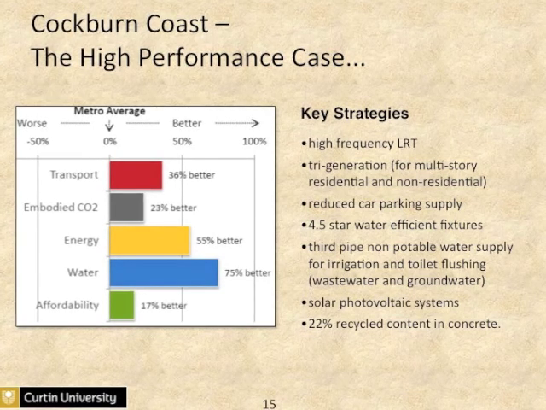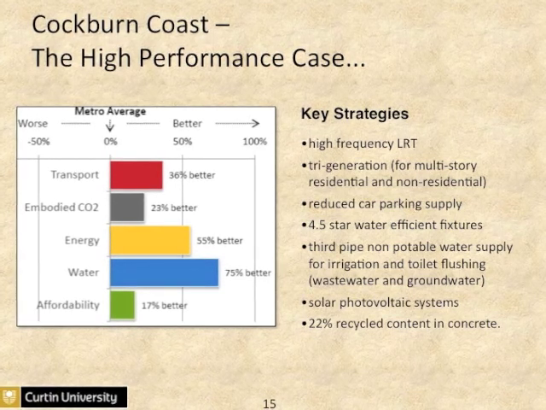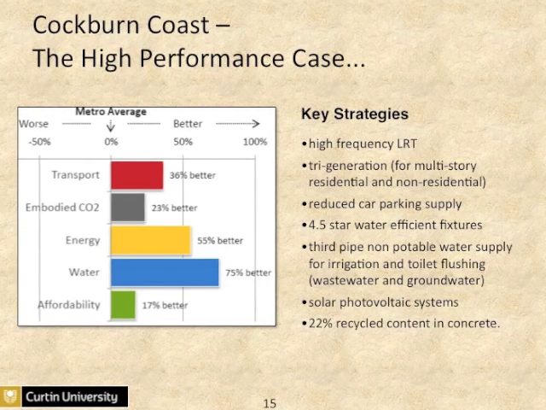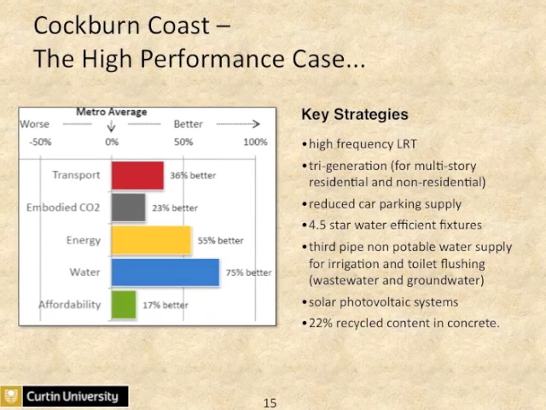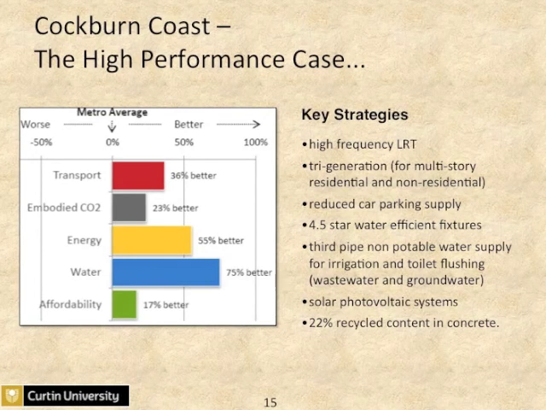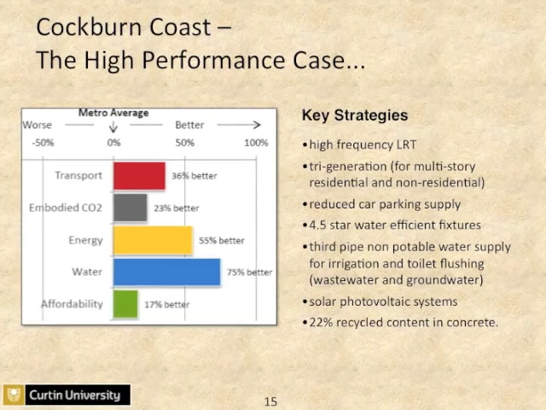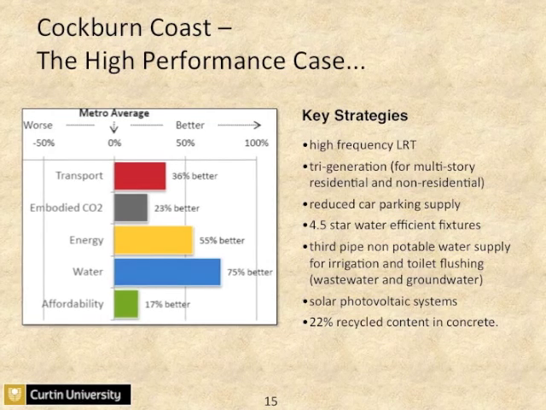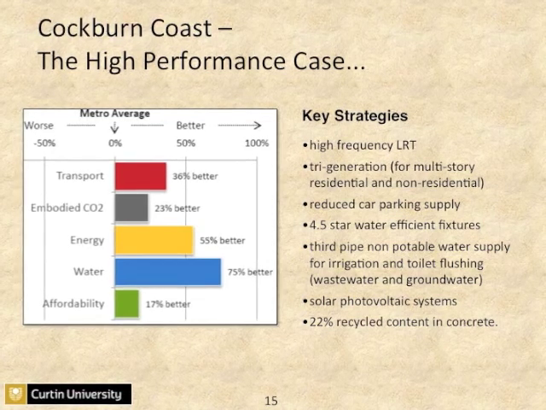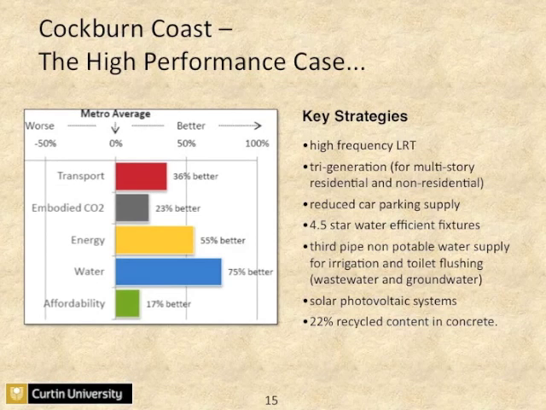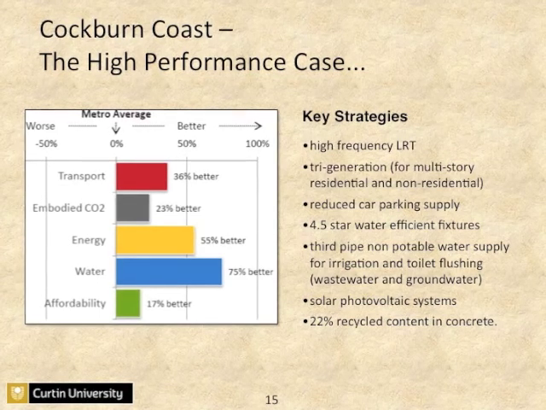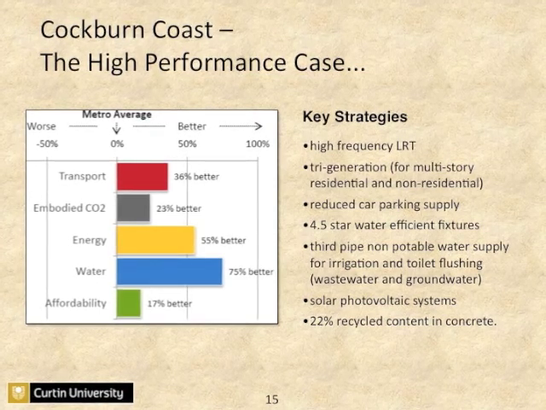The energy performance increase steps up from a 38% improvement over the Perth average for the DSP to 55% for the high-performance model. This is primarily through a combination of low and zero emission electricity production on site, particularly through trigeneration. Water performance stepped up from 48 to 75% with residents responsible for 30 kilolitres per person per year in